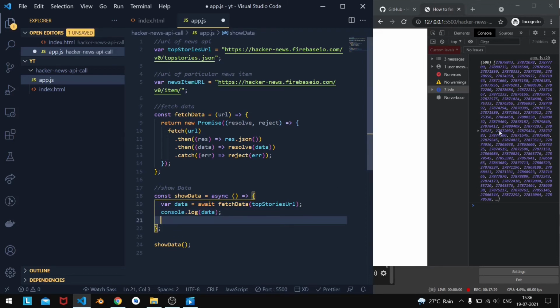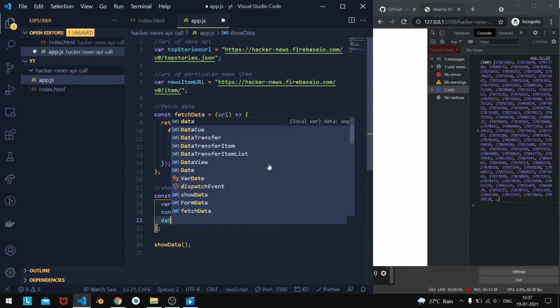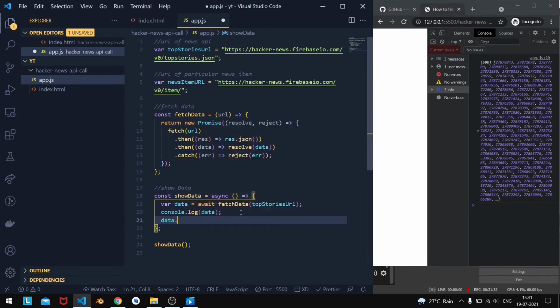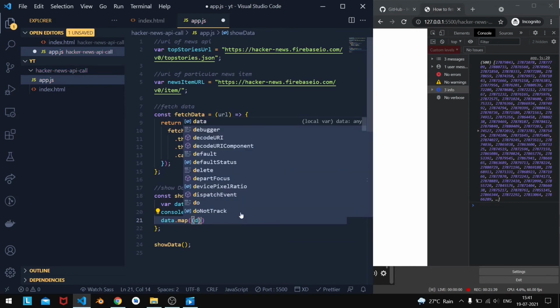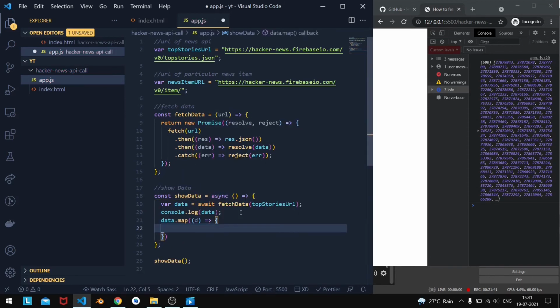Now we can't do anything with these news IDs, right? We want the actual news. Now we will use the map function with this data to iterate over each ID, and we will use a variable newsData to store each news item value.